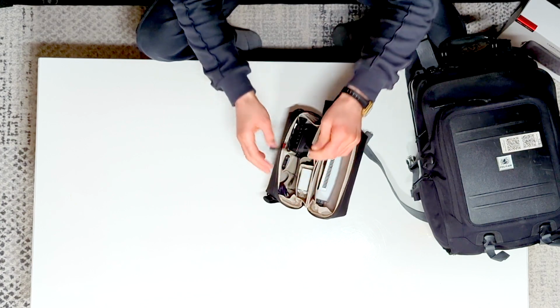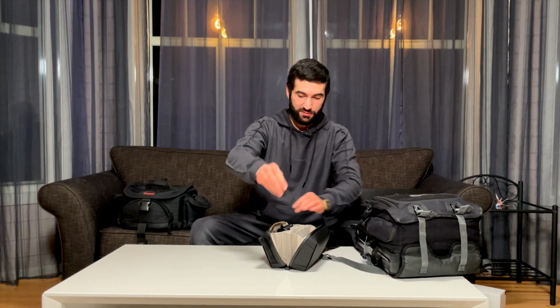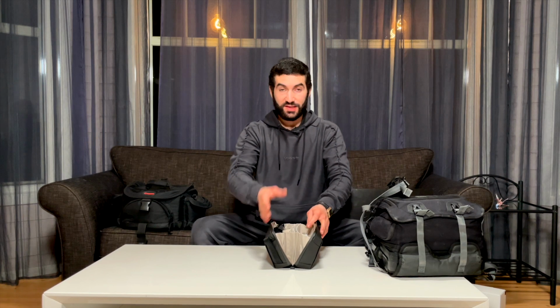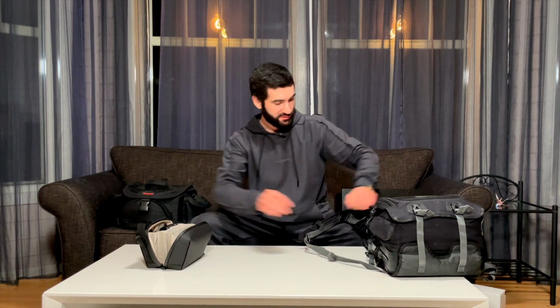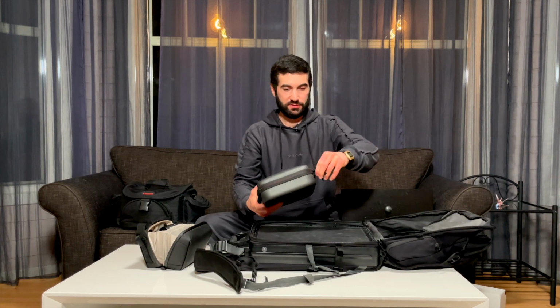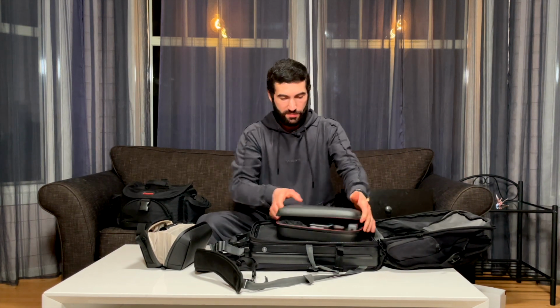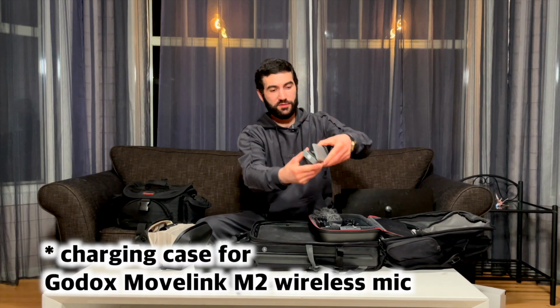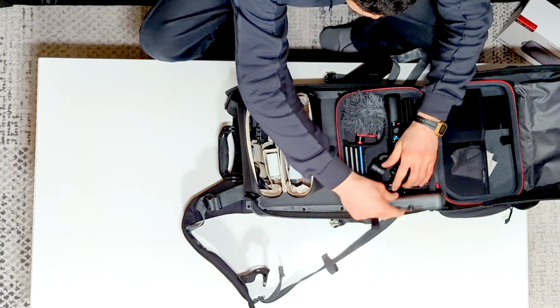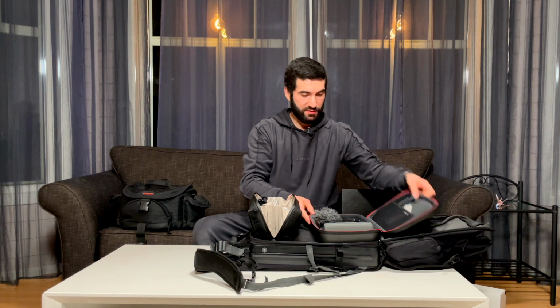And if I need to use the external microphone, I have an external cable for the microphone. I would say that a charging case for the microphones does not fit here, but anyway I can put the receiver and transmitter also here because they are very small, like a box of matches. I can show you, of course, because I have everything within reach of just a moment. Hop. Yes, here is the charging cable for my microphone. I just open it up. Here is the second transmitter, and if I keep this charging case as a spare gear in my other organizer,